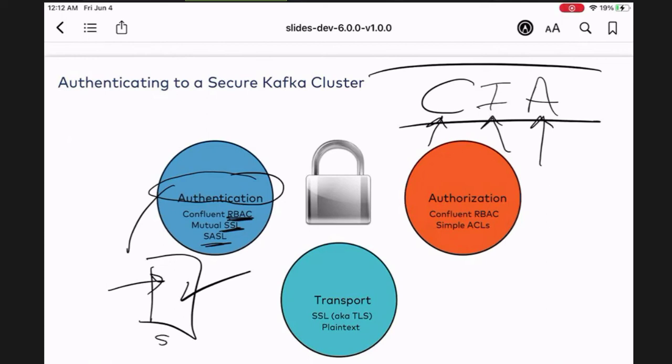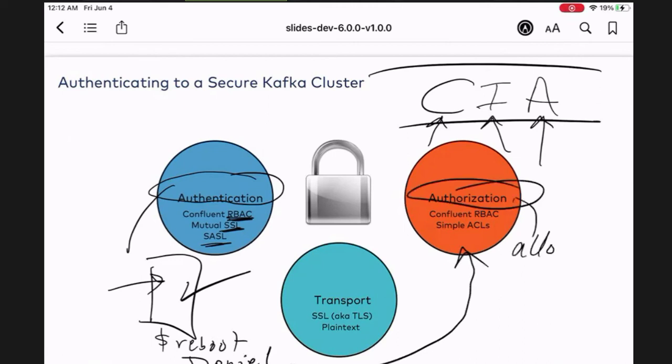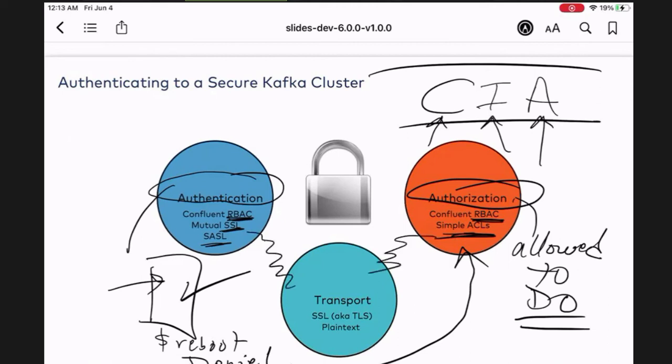But imagine if you log in and you try to do a reboot and it says permission denied. Why? Because you are not authorized. So authorization is what you are allowed to do, right? And in Confluent, we have role-based access control and ACLs, access control lists. And then we also want to protect the data when the data is going across the network. So we want to encrypt the data, in SSL, but we call it TLS, transport layer security, the newer form. You want to protect the data when the data is in transit.